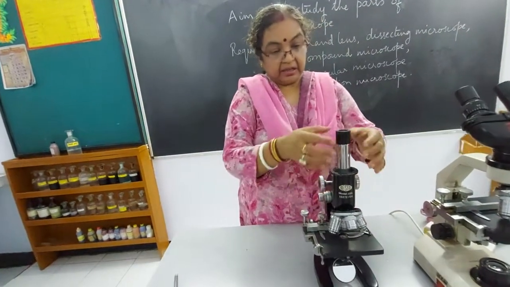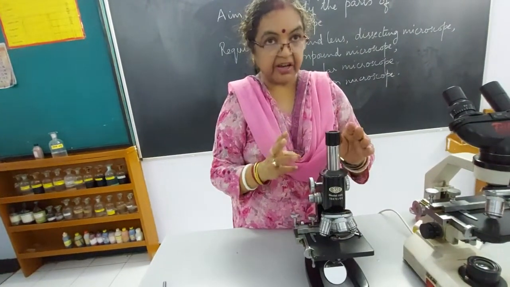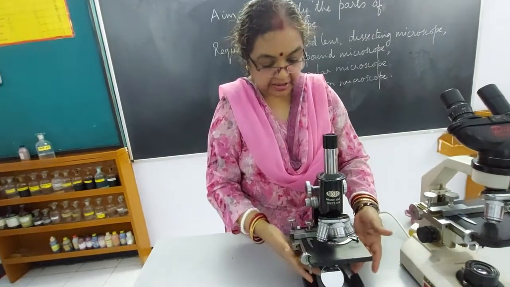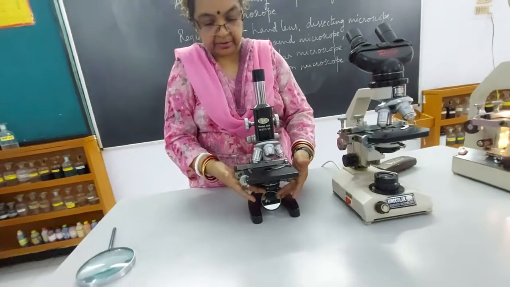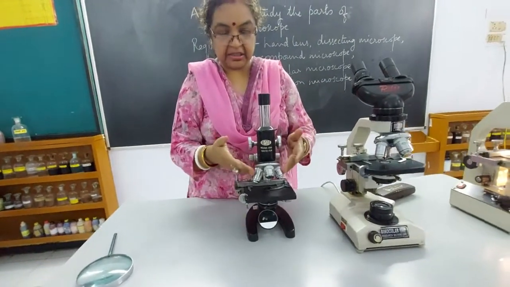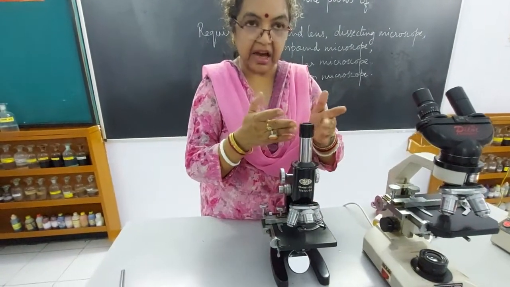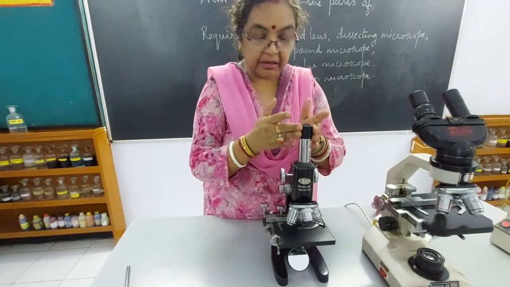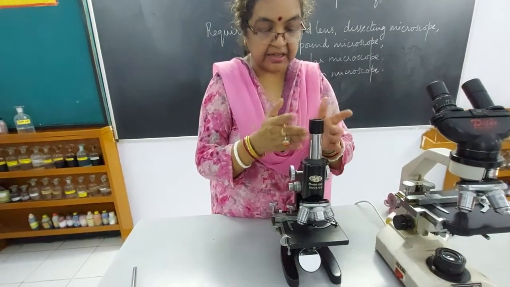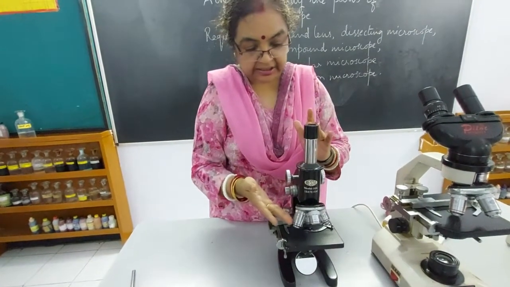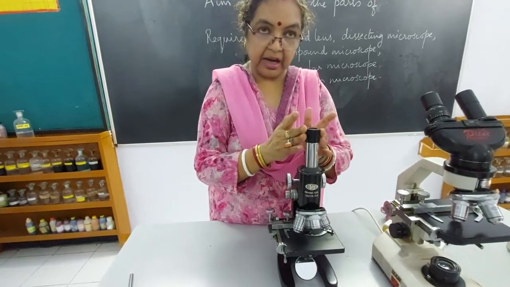Then there is the eyepiece. So here we are using 3 lenses, you see. One is the condenser lens, that is below the stage. Then this is the objective lens, and this is the main lens, and then this is the eyepiece lens. Then the final magnification is done by multiplying the objective lens with the eyepiece lens.